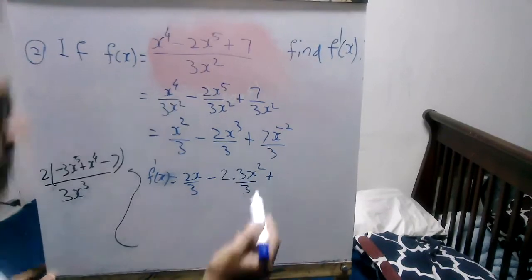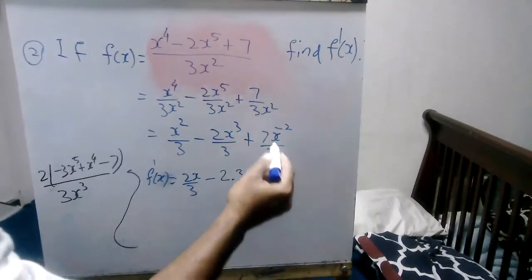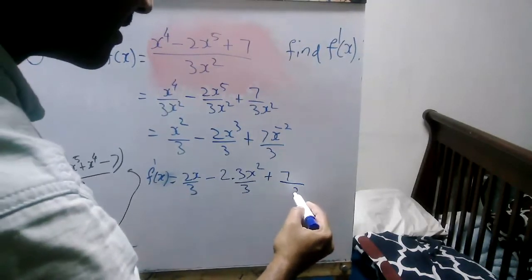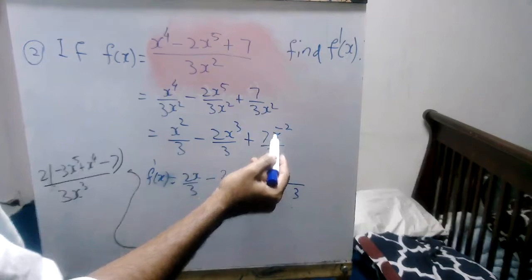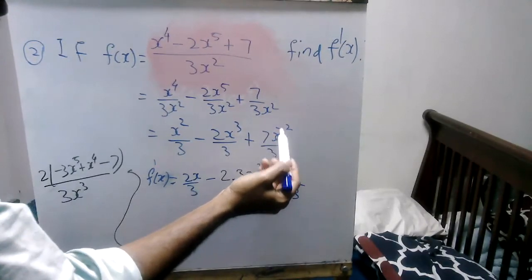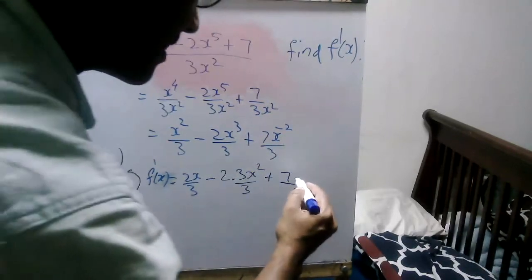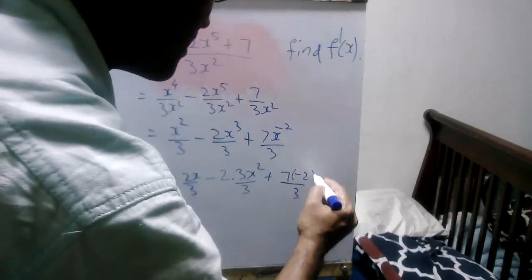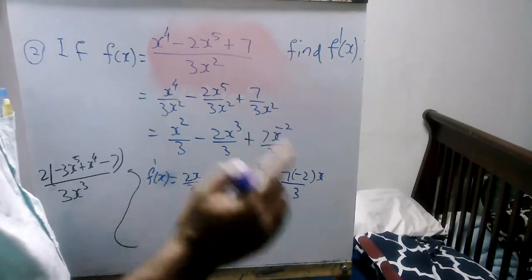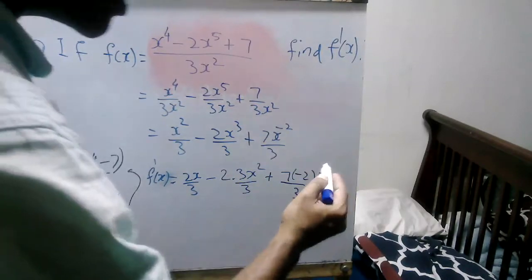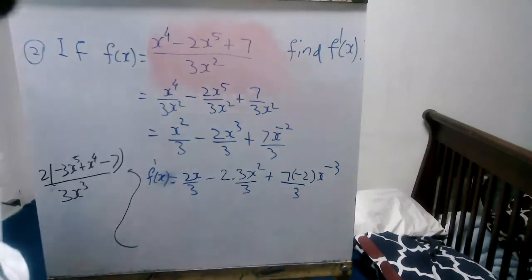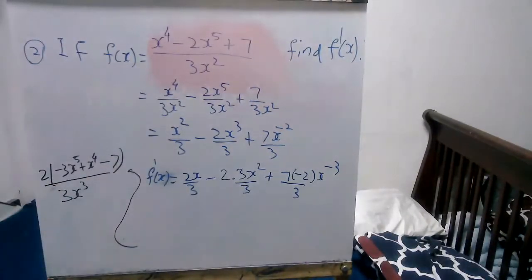differentiate this. Be careful, we have constant 7 and 3. Now we are differentiating x to the power negative 2. When we differentiate, we know the exponent comes to the front. Negative 2 x to the power negative 2 minus 1, n x to the n minus 1. Negative 2 minus 1 is negative 3. Okay,